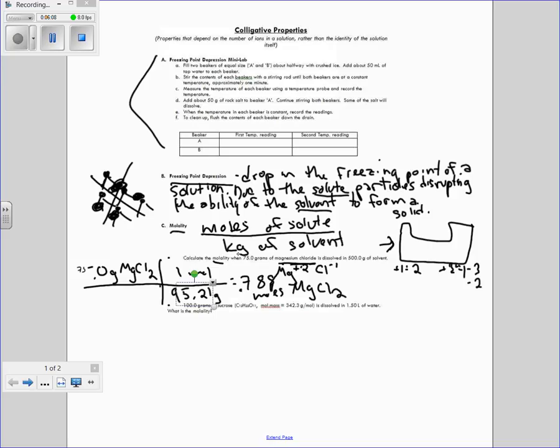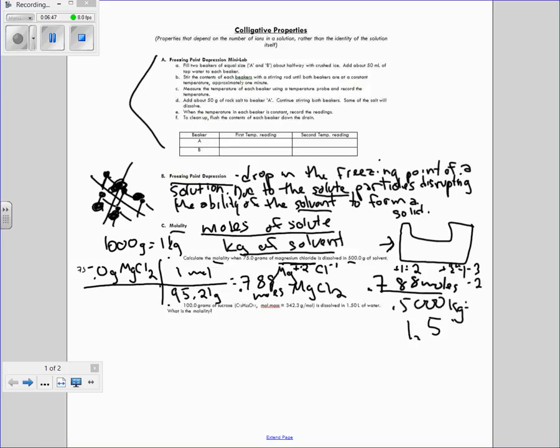I'm not done yet, though, because the second part is kilograms of solvent. One thing to remember is that there are 1,000 grams in 1 kilogram. So be prepared to go back and forth between those. 500 grams, then, will be equal to 0.5 kilograms. So let's see, I'm going to have 0.788 moles over 0.5000 kilograms. So that will give me, 0.788 divided by 0.5, a molality, I can keep 3 sig figs,